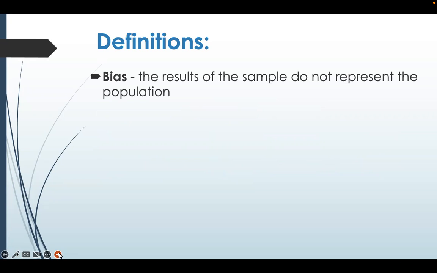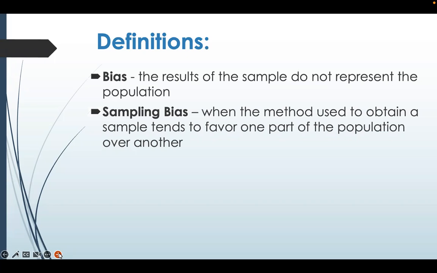That could be from any number of reasons, but we want to make sure when we are doing any kind of survey or study that the sample that we use is a good representation of the population to avoid bias. And we have sampling bias when the method used to obtain a sample tends to favor one part of